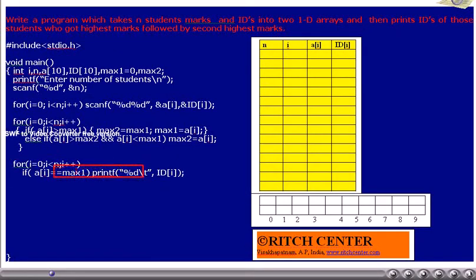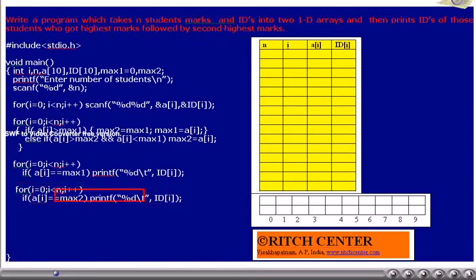This for loop takes each student's marks and compares with the max 1. If it is matching, then the student's identification number will be printed. Once this loop is over, we will be seeing the identification numbers of those students whose marks are equal to class highest.